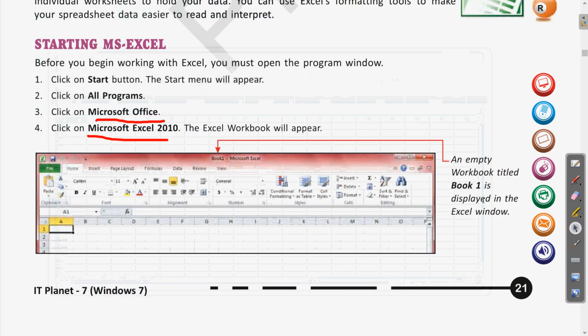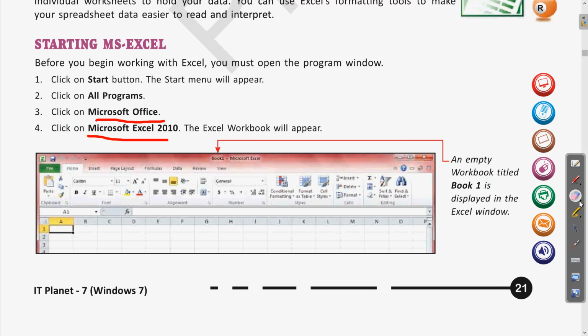Okay, let us erase this, and now we will also see the various operations or formulas, and whatever steps are explained, we will also do them practically. So here you can see this is the empty workbook. Why workbook? Because it has different sheets in it.